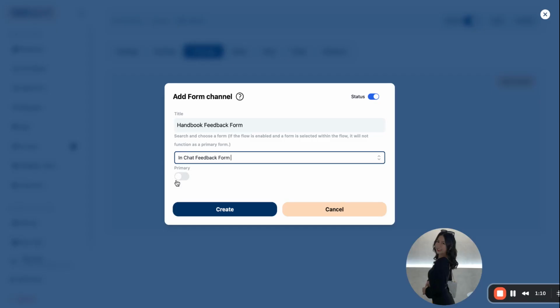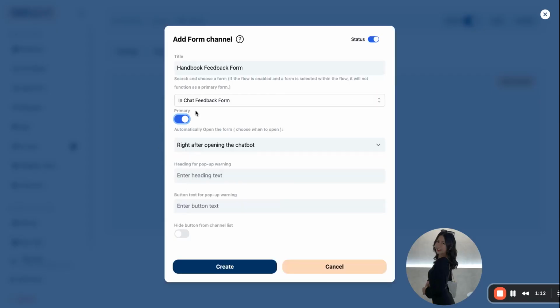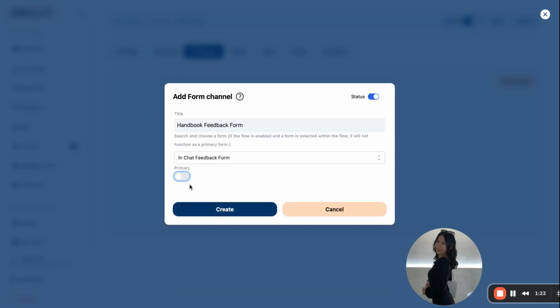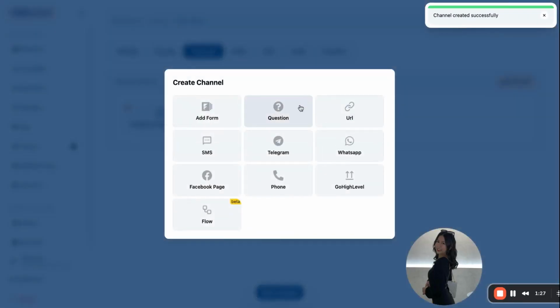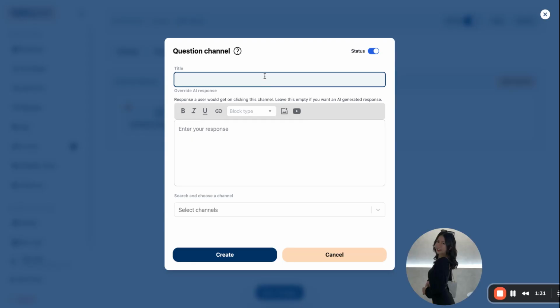So you can even set this as a primary if you would like it to open right after the canvas was loaded, or after sending a number of messages. For this use case, we'll keep this optional. And then let's add a channel maybe for frequently asked questions. So let's just say,